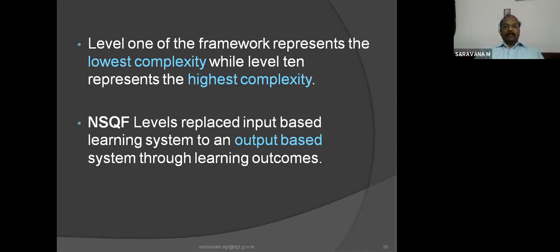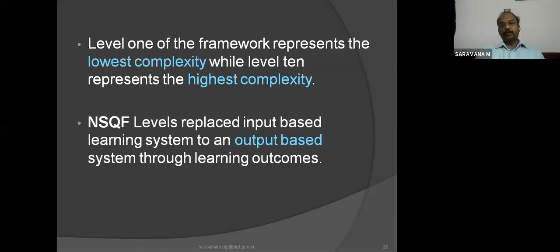Based on the syllabus, books are also prepared. NIMI, the National Instructional Media Institute, prepared reference books for all the CTS trades, and for CITS you have a training methodology book. If you see the NSQF book, on the cover itself we can see level 4, level 5, and for CTS level 6. So everything is output based. The only thing we have to do is get the information and make a presentation. We have to transfer that knowledge or transfer the skill.